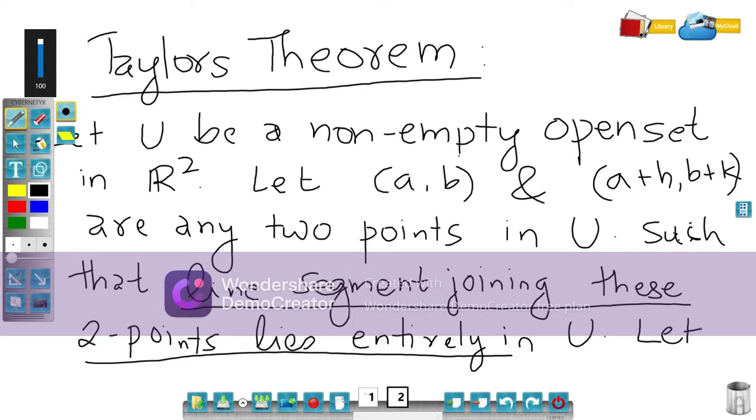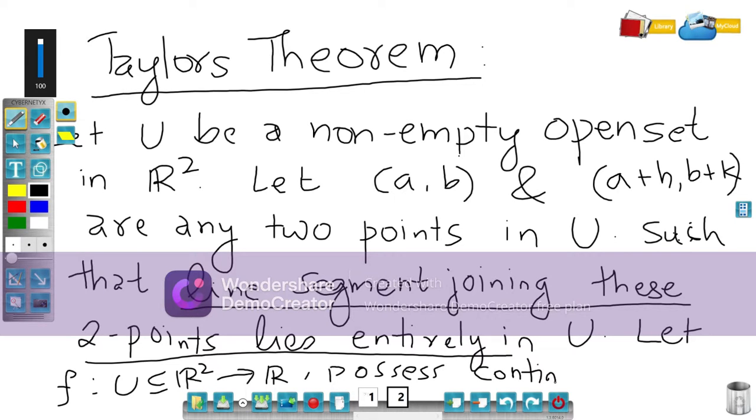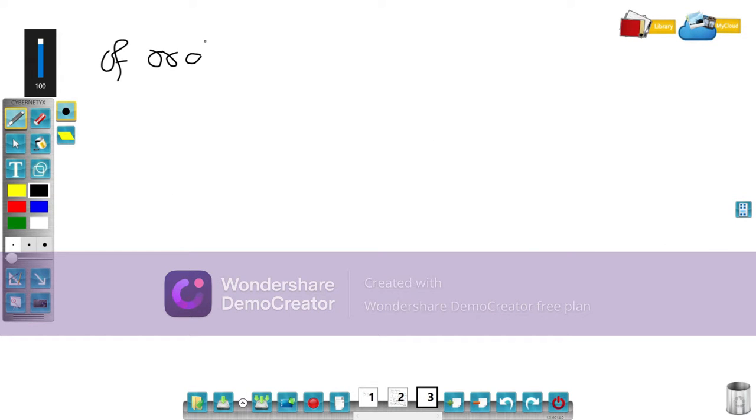So let f be a function from U, a subset of R2, to R, a scalar valued function, and it possesses continuous partial derivatives of order n plus 1. Then